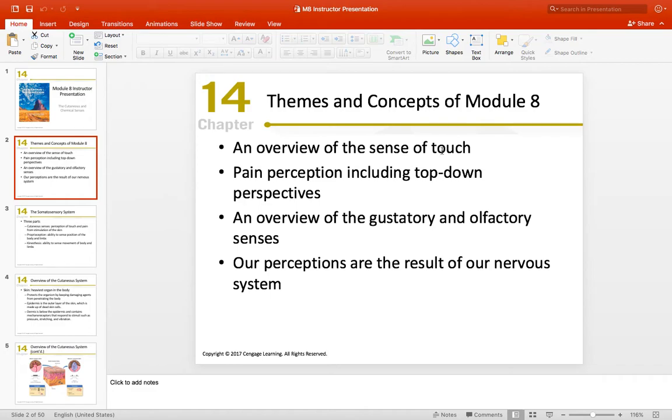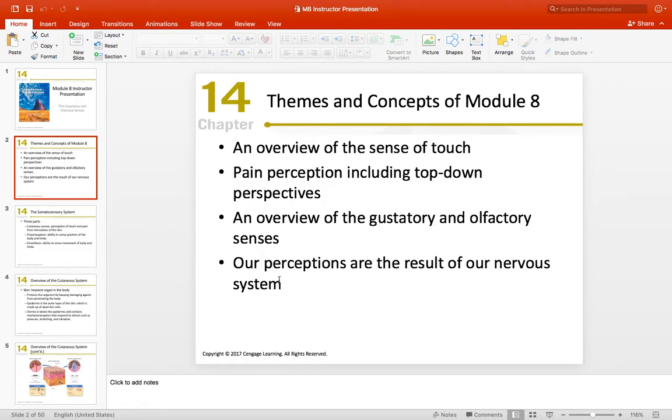So we're going to do an overview of the sense of touch. This is also called the somatosensory system. I want to spend a little bit of time on pain, because pain, as unpleasant as it is, is a rather important sense. You can certainly think of that from an evolutionary perspective. I also want to include in our discussion of pain top-down perspectives, the role that emotions and cognitions play in pain perception, which is quite interesting. Then a brief overview of the gustation and olfactory processes,